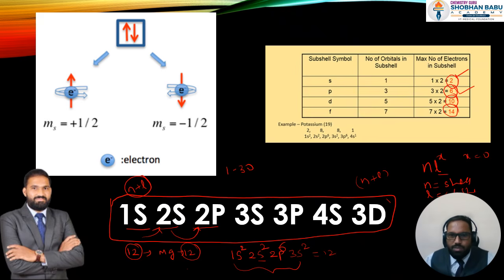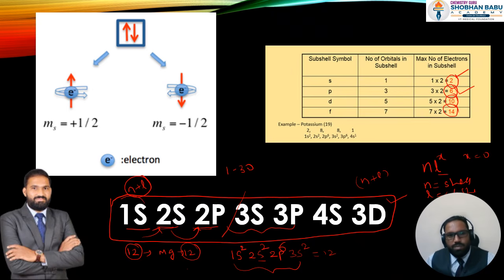By using this simple series, by remembering these maximum capacities, you are able to fill all 30 elements very comfortably. So we have to just see that. And in this case we know that the second shell is completely filled, the third shell is not yet filled, means still here